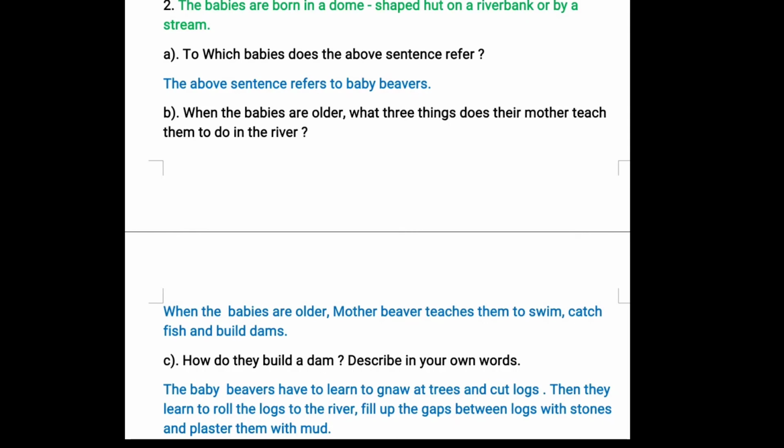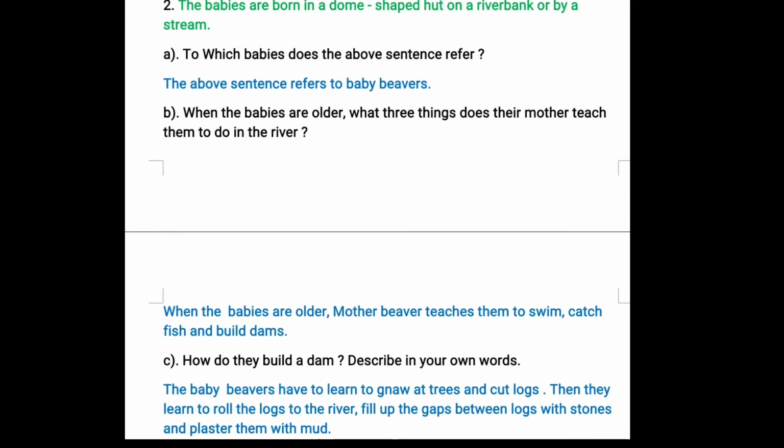Question number 2. The babies are born in a dome-shaped hut on a river bank or by a stream. So first question, to which babies does the above sentence refer? The above sentence refers to baby beavers. B-E-A-V-E-R-S. Beavers.